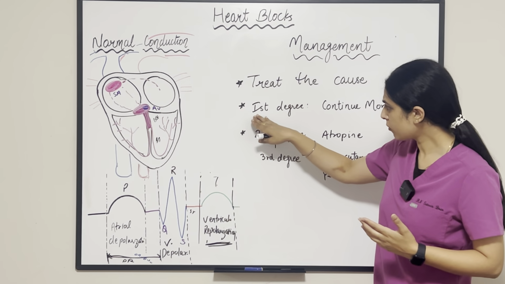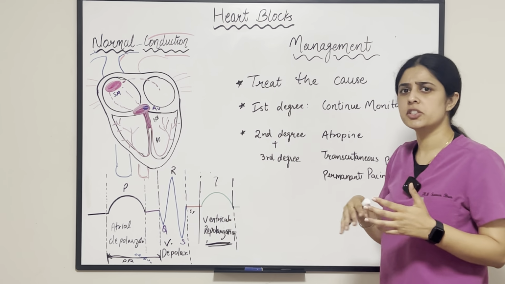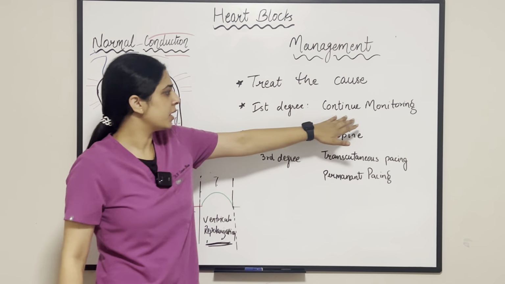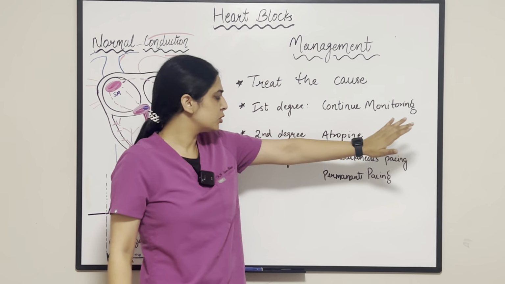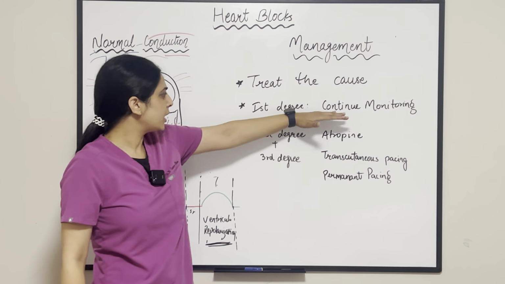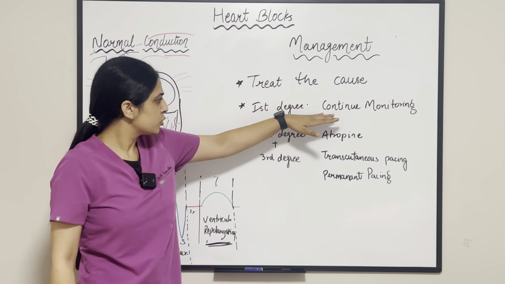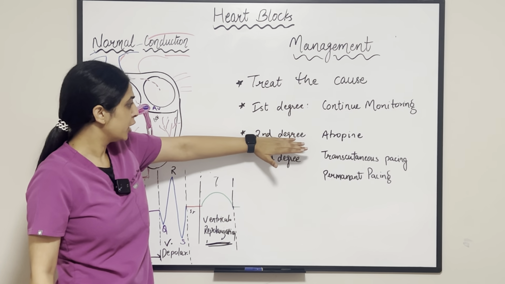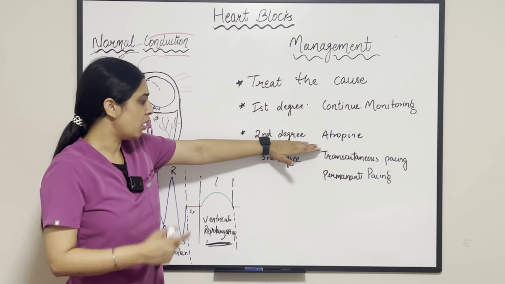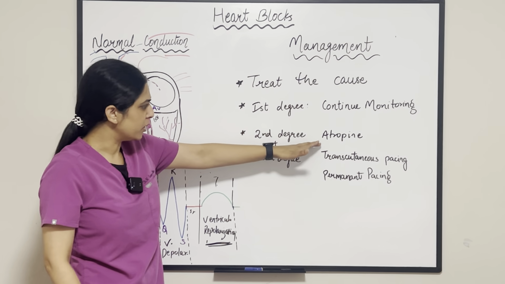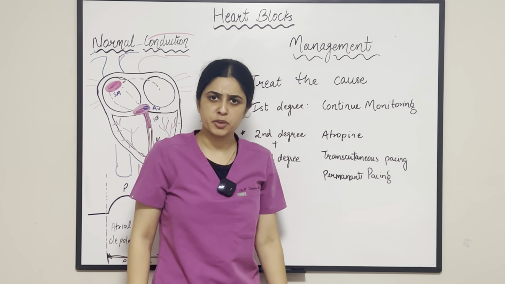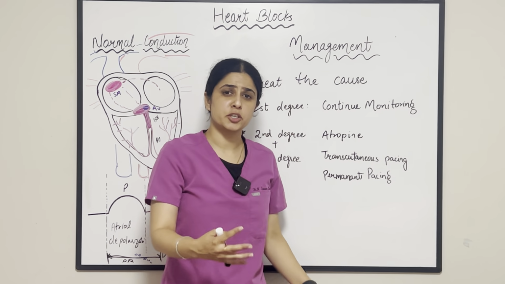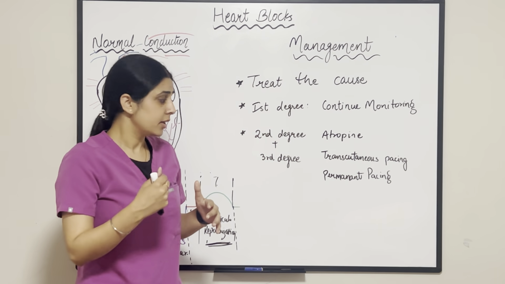For first degree heart block, we just continue to monitor and avoid any kind of Valsalva maneuver, no straining at stool, no vagus stimulation. That is the only management if your client is asymptomatic. If our client has second degree heart block, especially type 1, we can give atropine to the client. And if the client is symptomatic, having hypotension, going into shock, or there is syncope, we do